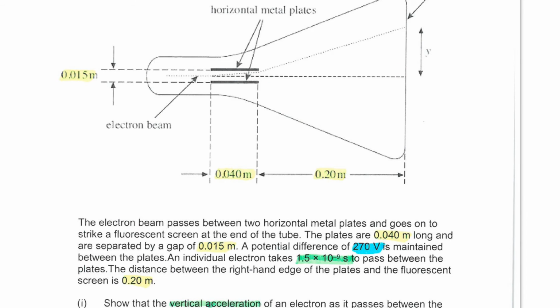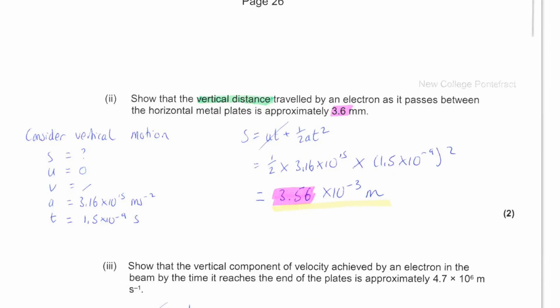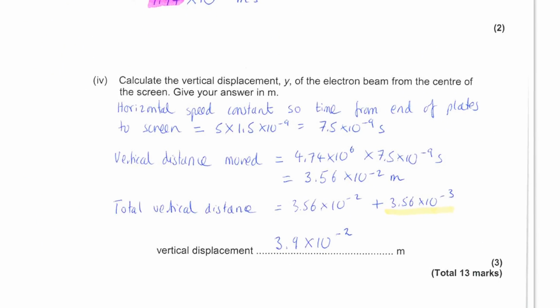Within the plates, we had a constant vertical acceleration, whereas once the electron leaves the plates, there is no longer a force acting on it, and you'll notice that this is drawn as a straight line, which is correct. Strictly, we should really be seeing a parabola inside the plates, but we have a straight line here, and so this is constant velocity in the vertical direction for the second part of this journey. So going back to the solution,